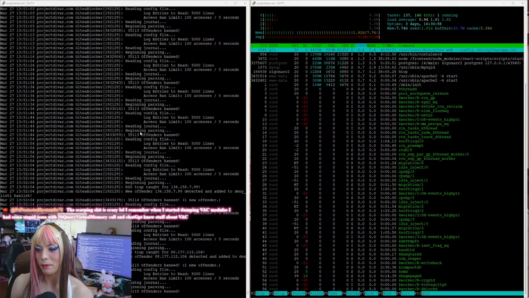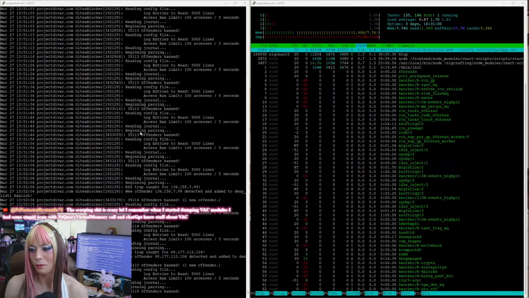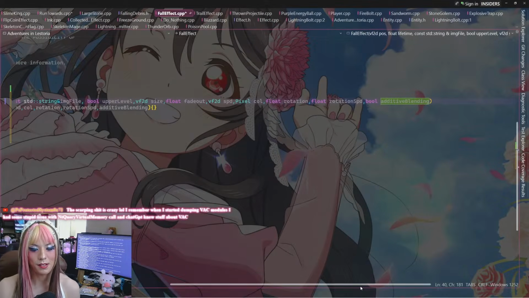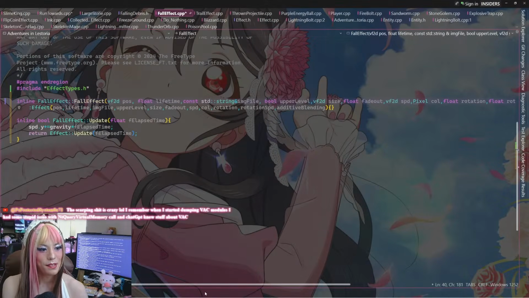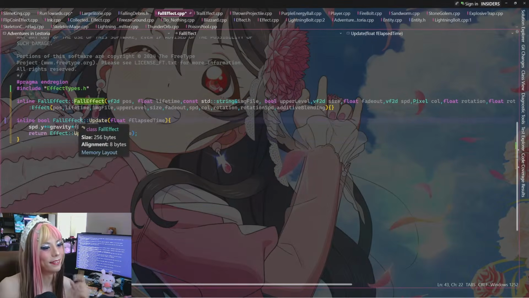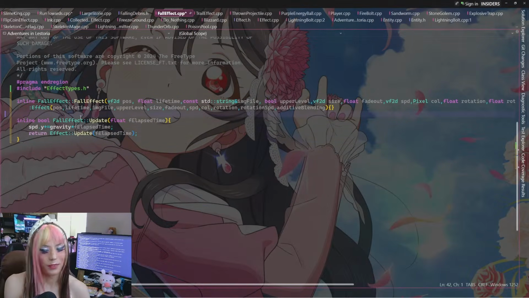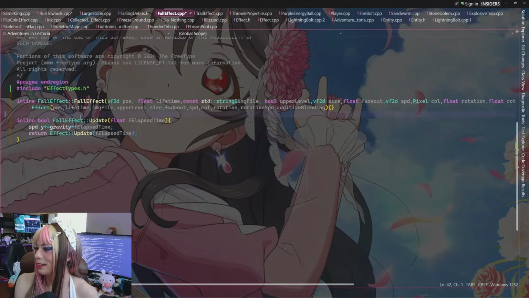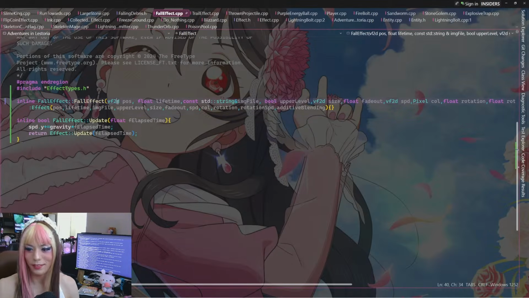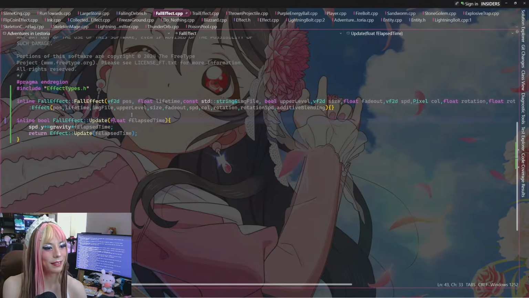That's literally why this script I have here runs: it bans things that try to access stuff that a human doesn't need to access. It's just dumb. It's just wild. But yeah.